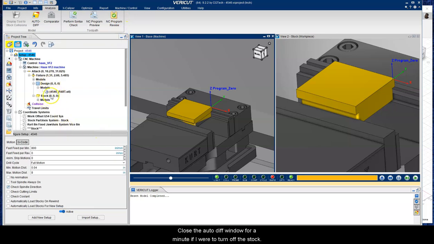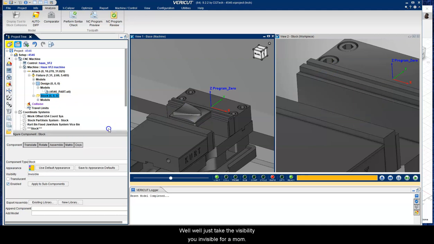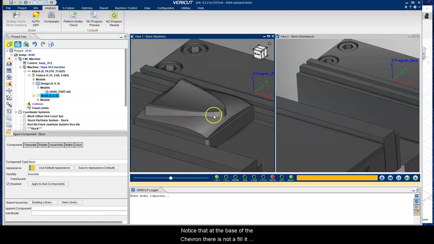If I were to turn off the stock, well, I'll take the visibility to invisible for a moment. Notice that at the base of the chevron, there is not a fillet there. But remember, we're cutting it with a ball-end mill, and even if we weren't cutting it with a ball-end mill, because of going down this hill, it couldn't get an exactly square edge there. So I do have some remaining material, but that's okay because it is a product of using a ball-end mill